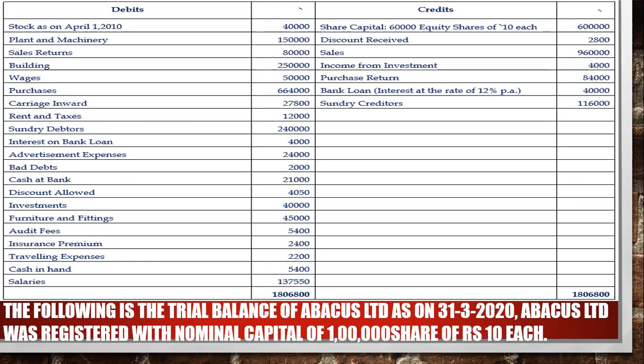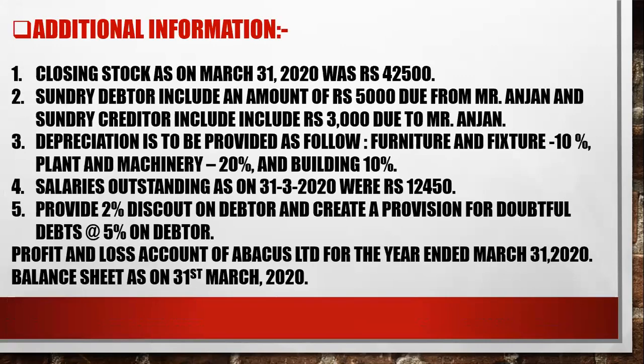And we have two more things to add in this. What was that? This was adjustment. Last adjustment, fifth adjustment. We have provided 2% discount on debtors. Second effect baki hai iska. And we have created a provision for discount on doubtful debt. We have created 5%. So I told you at that time, the second effect will go to other expenses head. Remember?